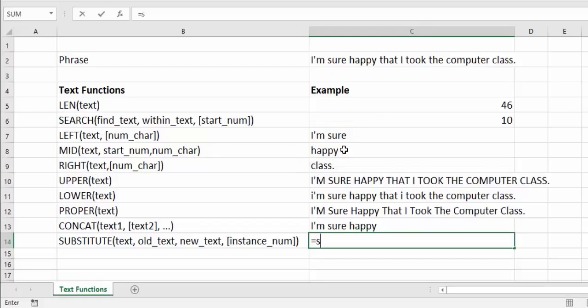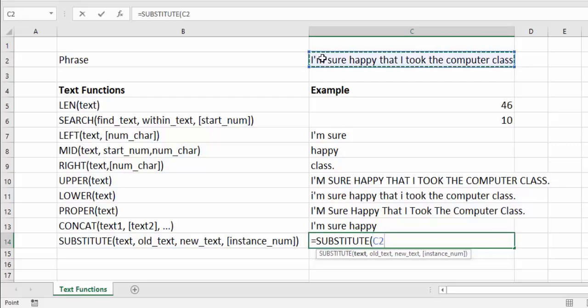The last function I'm interested in is the substitute function. As the name implies, the substitute function will let me take a block of text, find a portion of that text that I'm interested in changing, and replace that text with something else. So in this case, I tell it the block of text that I'm interested in altering. The old text is what I'm interested in finding and replacing. So let's say I want to change the word happy